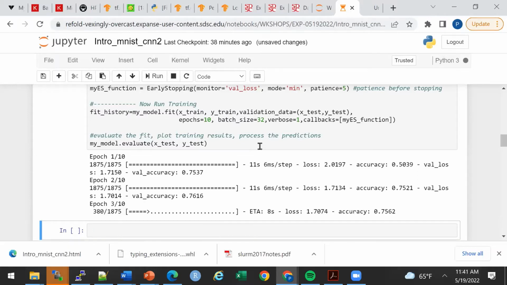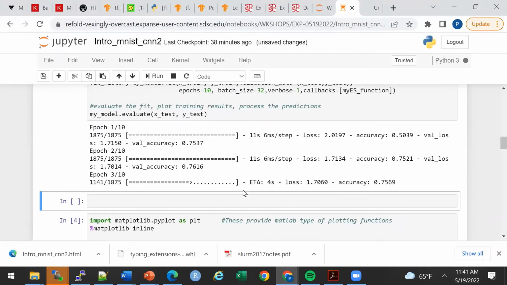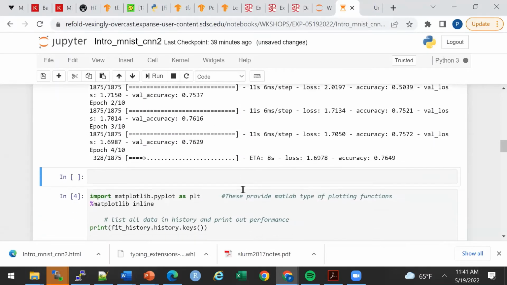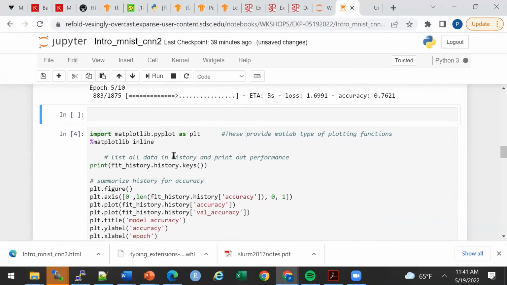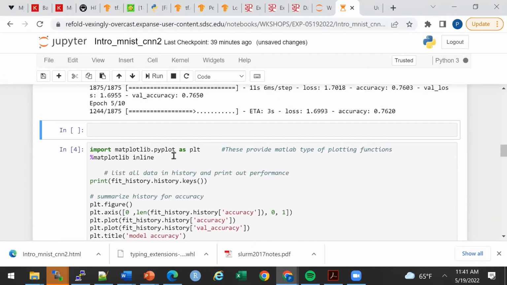In this case, it looks like it's taking 11 seconds for every epoch of training. That means it's going through all 60,000 images in about 11 seconds for those 25,000 parameters in this model. It's going to run and have some accuracy values. It's keeping track of the loss value for both training and validation data. I'm just going to let it run, and then we're going to show you a couple things.